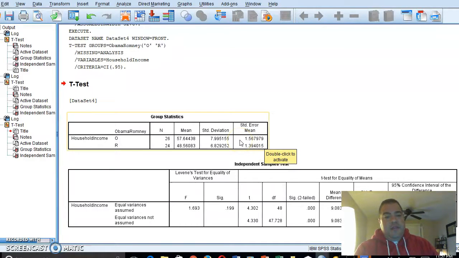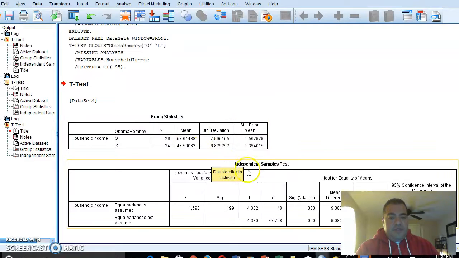Now, the test that I need to look at here is in the independent samples test below. A couple things that I will note here is that we have our F value. In this case, it's part of our Levene's test. We can see that we had an F of 1.69. And the significance of it was 0.199. Now, this means that because this value is greater than 0.05, there is no statistical significance, at least when it comes to the variances. However,